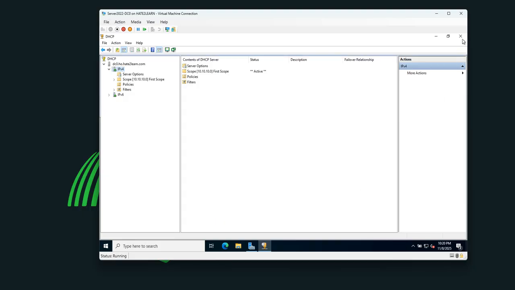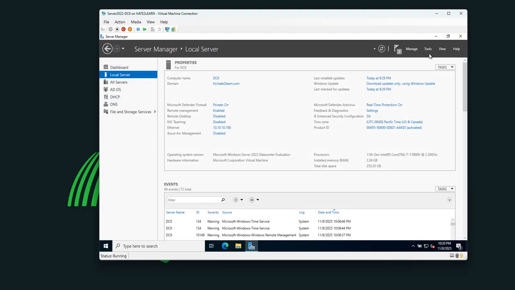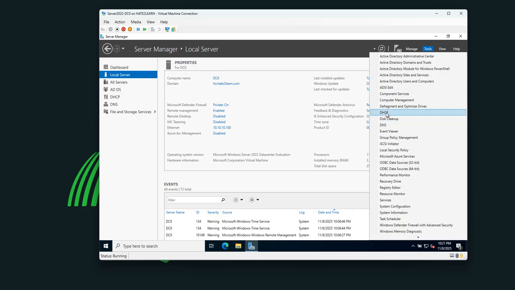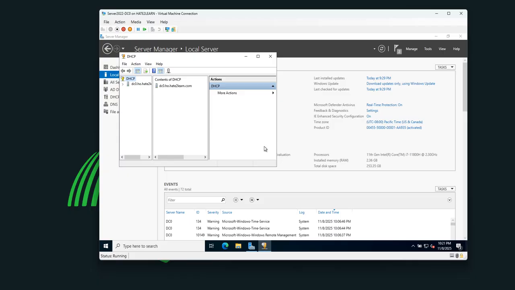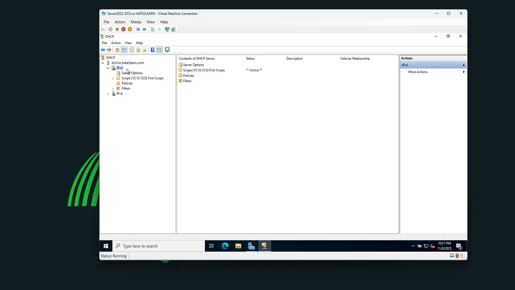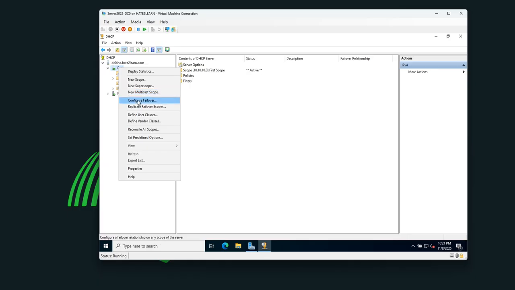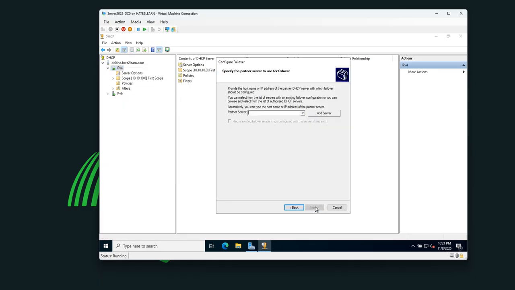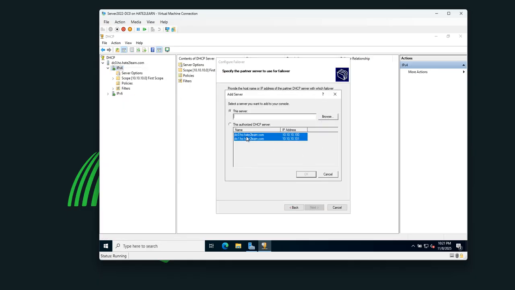It's not picking it up, so I will just close it and then reopen DHCP on DC0. Right click on IPv4, configure failover, next, add server, and now you can see both of the domain controllers are